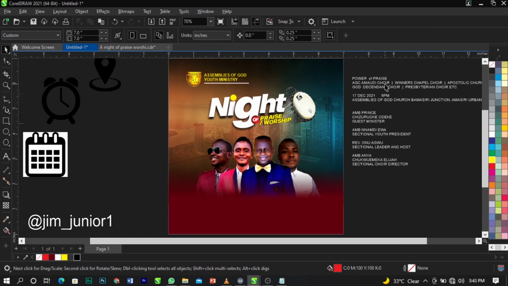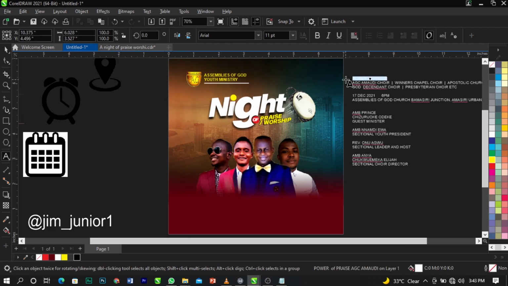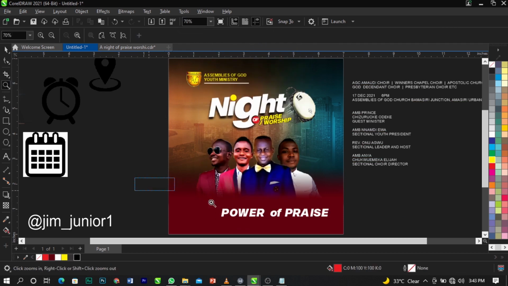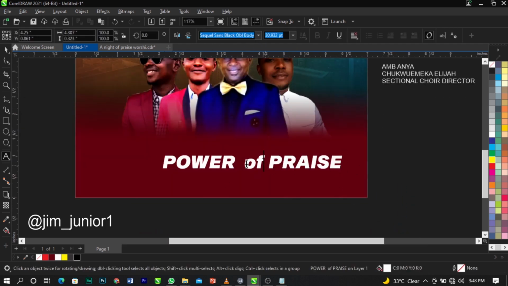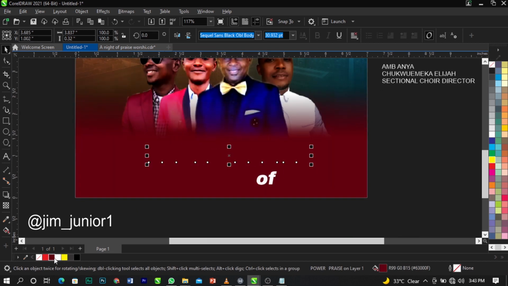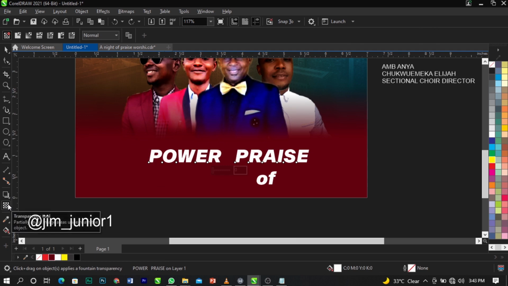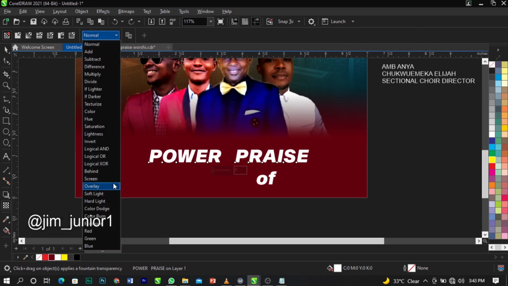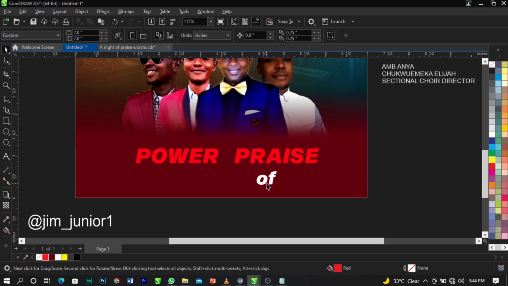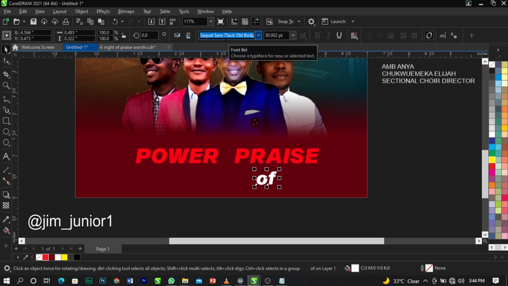So the next thing I'm going to do is I'm going to copy this power of praise. All right, paste it here, and change the font to this. All right, so I'm going to cut this one, and we're going to change this to this. Okay, select your transparency tool, then come over to your mesh mode and select color dodge, change it to red. All right, so this is what you're going to have, and we're going to change the font of this to this,